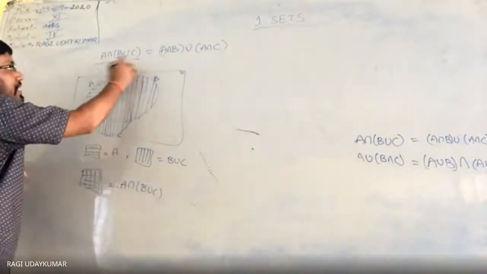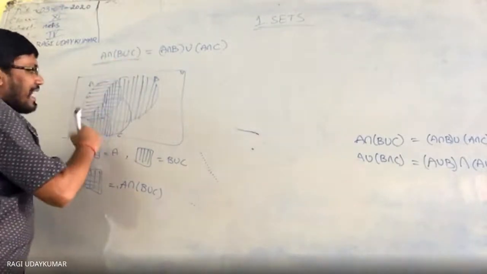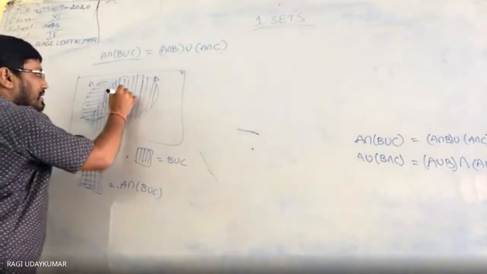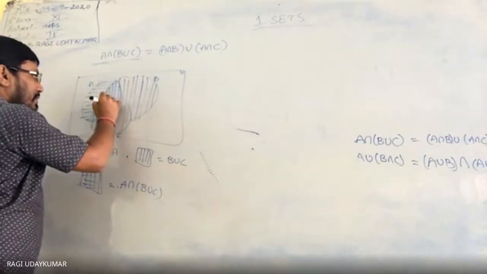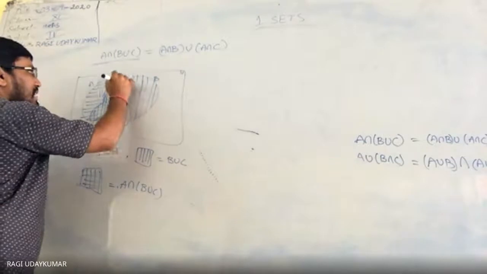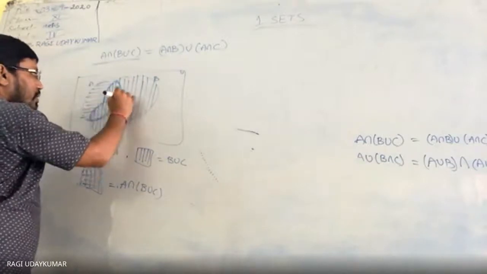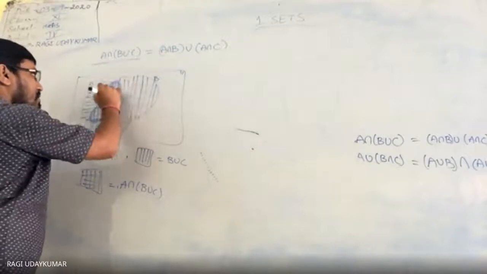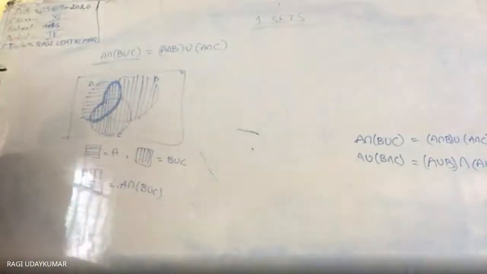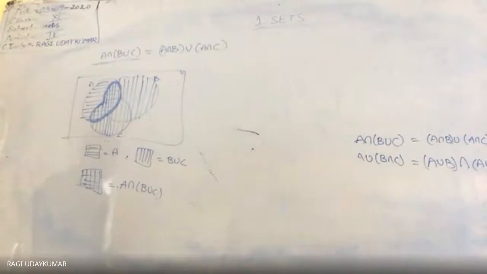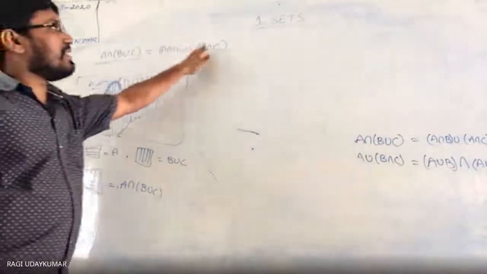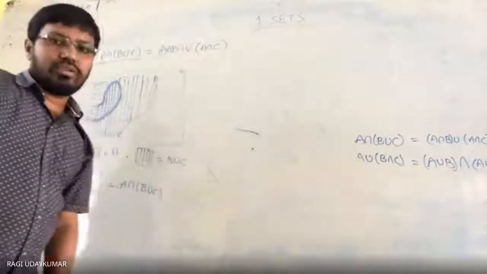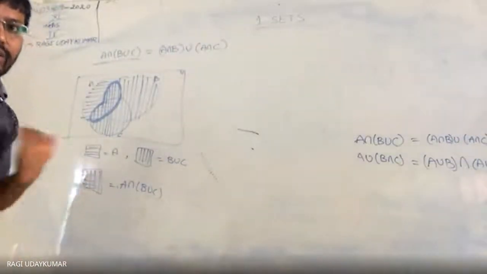I am taking the left hand side of the drawing. So what you got, A intersection (B union C), is nothing but this part, just like a diamond shape it is getting. This part I am going to highlight. This part is A intersection (B union C). Let us draw for the right hand side also. Right hand side, whatever is given to you, you see here.